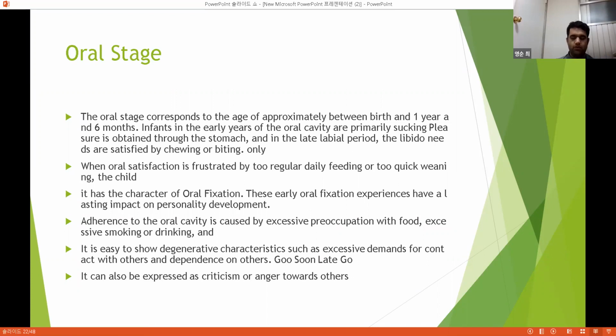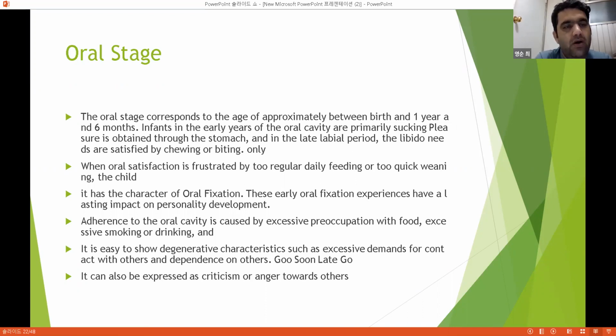So, the oral stage. What is the oral stage? The oral stage corresponds to the age approximately between birth and 1 year to 6 months. In the early years, the infants' oral activity, or the oral cavity, is primarily sucking. The pleasure is obtained through the mouth, and the libido needs are satisfied by chewing